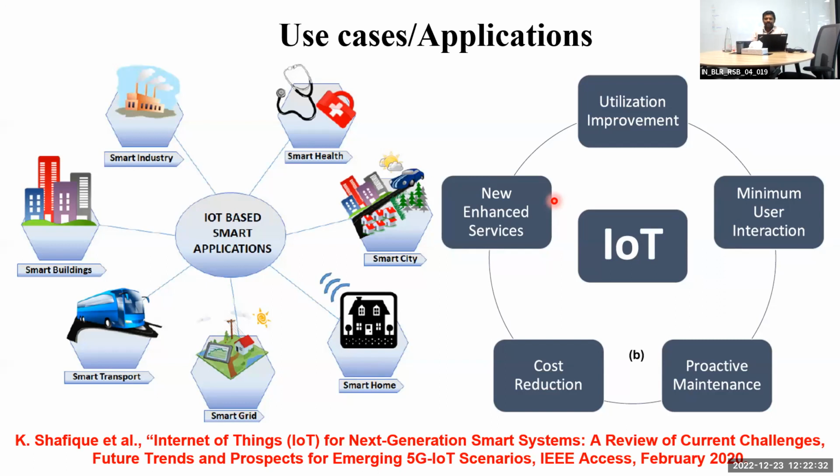Okay. So IoT is mainly used for, for example, new enhanced services. Okay. So they are, for example, smart agriculture, smart grid, and smart home. Okay. Then you have cost reduction. Because, for example, if you want to monitor something, especially in industrial IoT, if a person goes and monitors something, then he has to be paid heavily, and it's dangerous to them also. So cost reduction is an obvious thing.